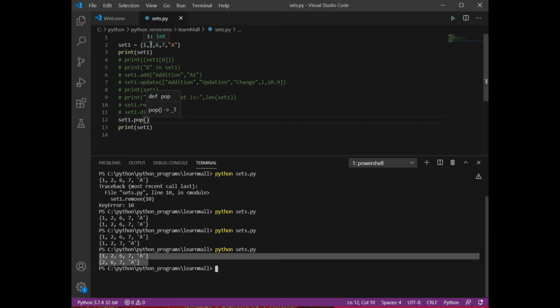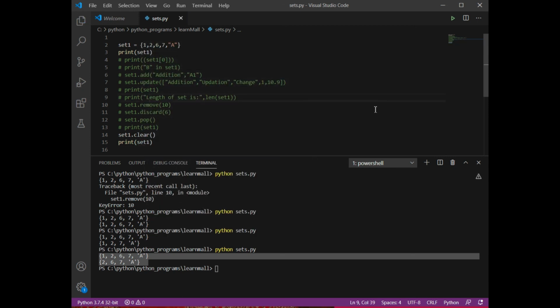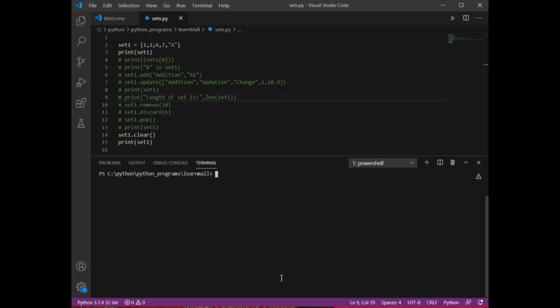Okay. So the next thing about your set is, if you want to clear the whole set. Here you are deleting one specific value of the set, but if you want to clear your whole set, then you are going to use the function clear. Clear will empty your set. So you will write set1 dot clear. It is going to empty your set, but your set structure is still existing. If I try to print this set1, it is not going to give me any kind of error. Why? Because its structure is still existing. Okay, so let's just run this. So see, it is giving me an empty set because there is nothing in that, right?